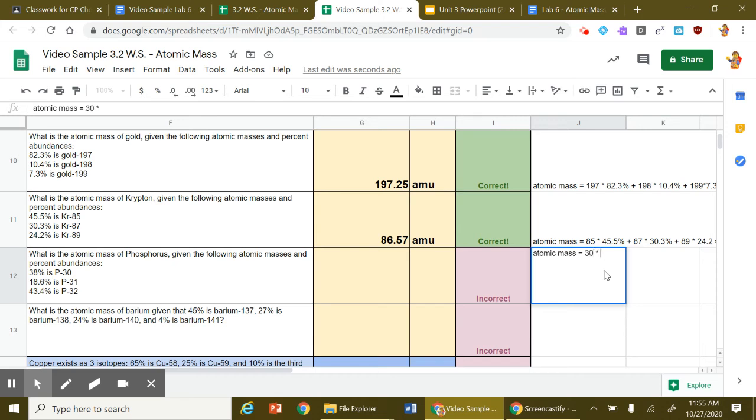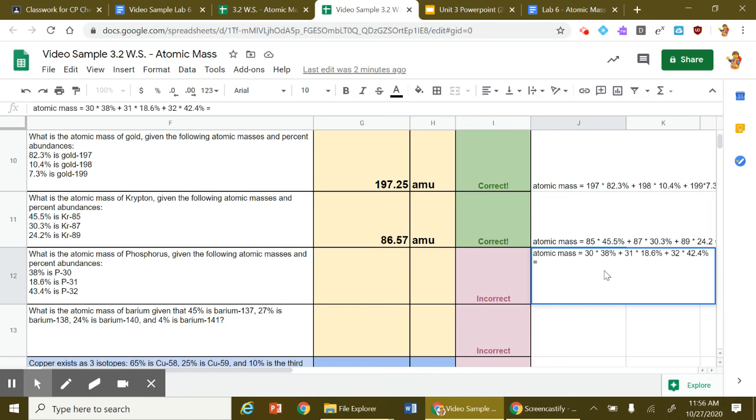So the first one has a mass of 30 AMU, and it's 38%. Plus the second one, which has a mass of 31, and it is 18.6%. And lastly, the third one has a mass of 32, and it has a percent of 43.4%. Okay? So, plug that into the old calculator. All right, 30 times 38% plus 31 times 18.6% plus 32 times